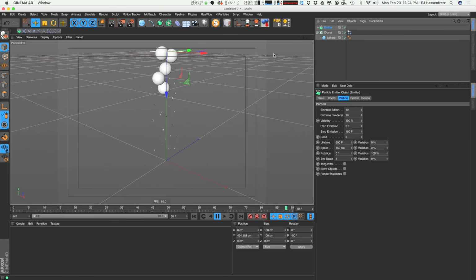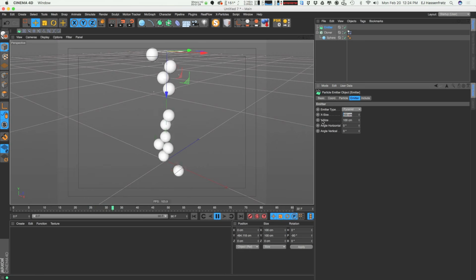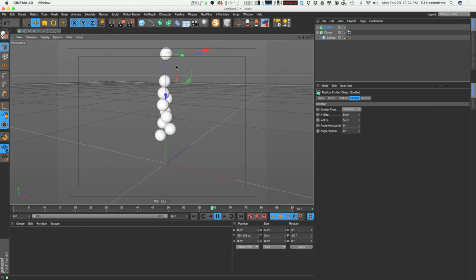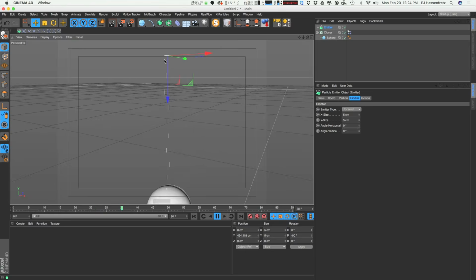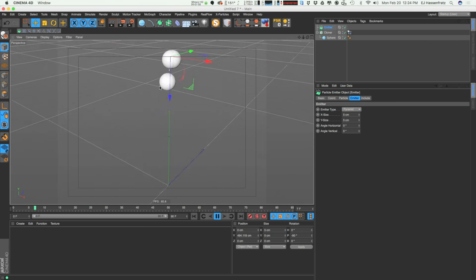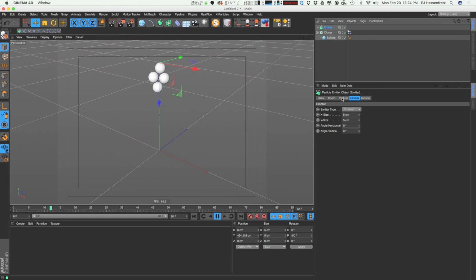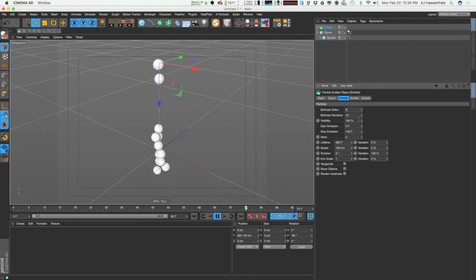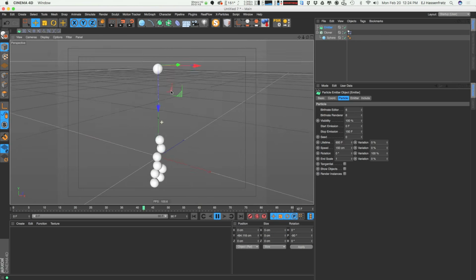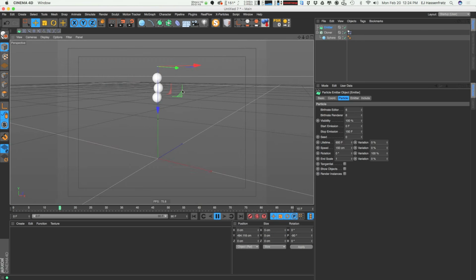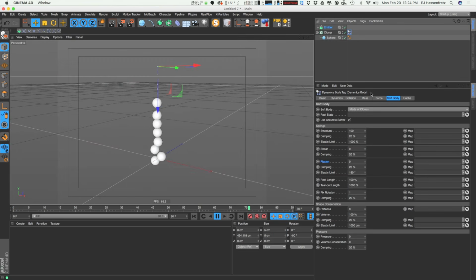And what I want to do, so this is a nice steady stream, is go to my emitter options and make the emitter size way smaller. So now everything's just kind of being emitted from a tiny, tiny emitter right there. And you can see that things are still looking kind of goofy. And that's because we have too many particles being emitted at once. So what I need to do is bring that down,